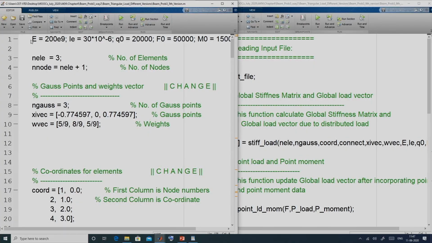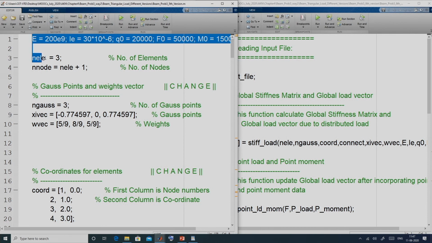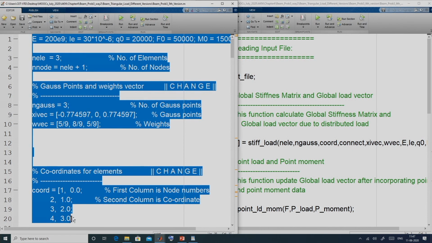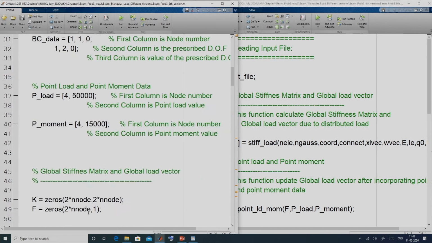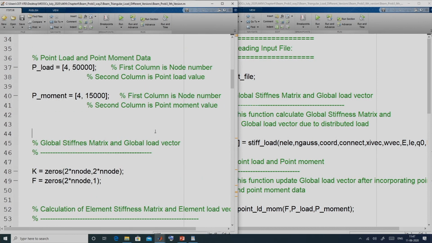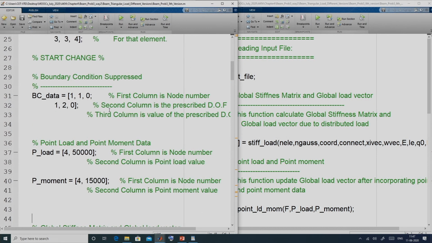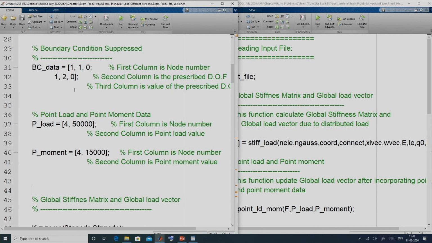Now, if you see our current version of the finite element code, it can be divided into various parts. The first part, from here up to this moment, all these are input data.